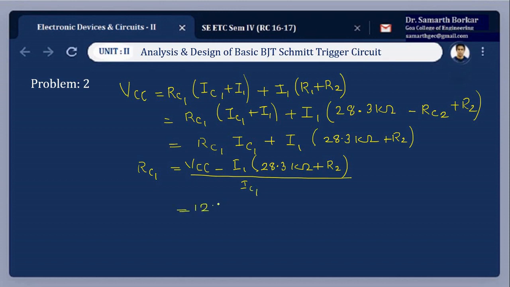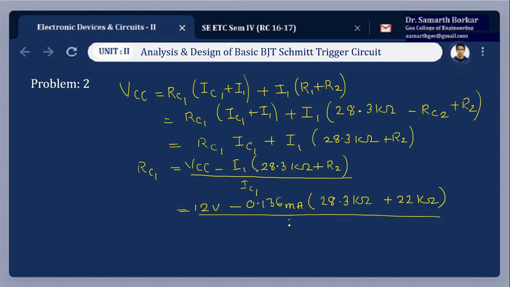So it is 12 volts minus 0.136 milliamperes into 28.3 kilo ohms plus 22 kilo ohms, divided by 1.045 milliamperes. So if you solve this, the value we get is 4.94 kilo ohms,